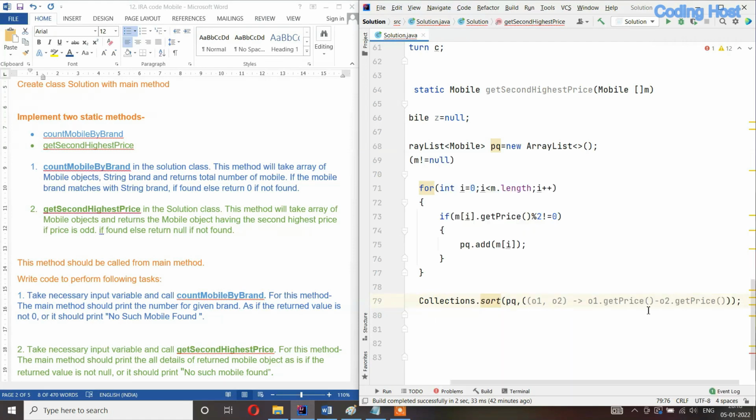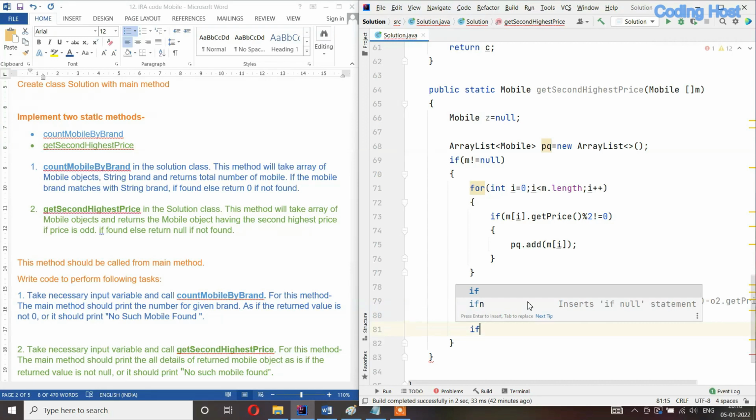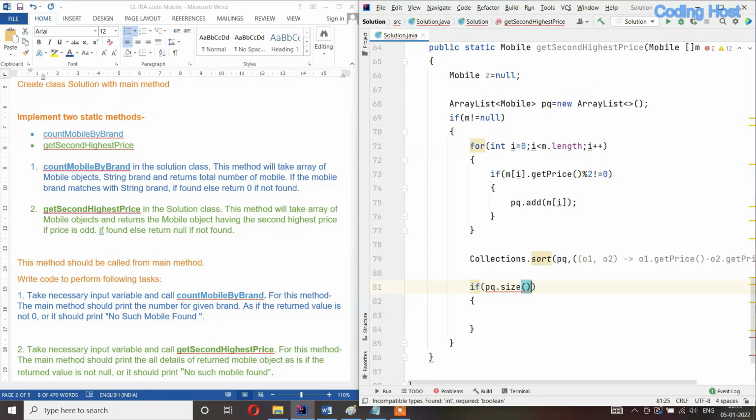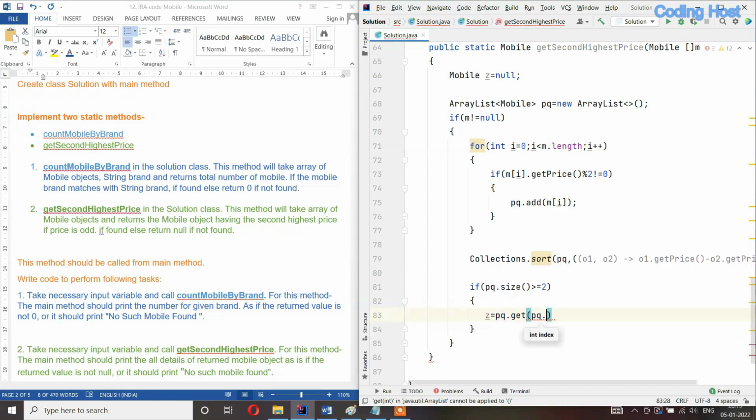So in this single line it will sort the array list according to its price. After that I will take an if statement: if pq size is larger than or equal to 2. I have used size here because pq is an array list. Then we have to store the object which has the second highest price. I will use the variable name z equal to pq dot get pq dot size minus 2, and outside